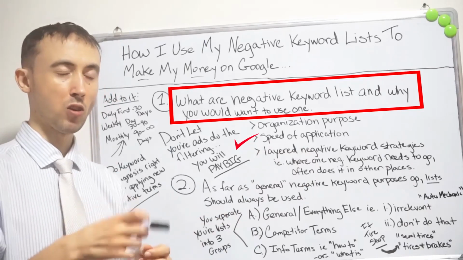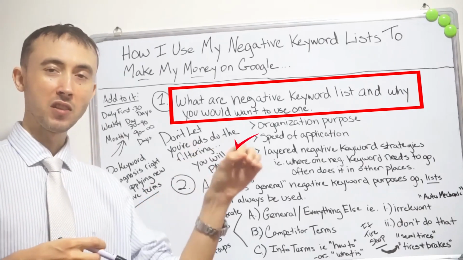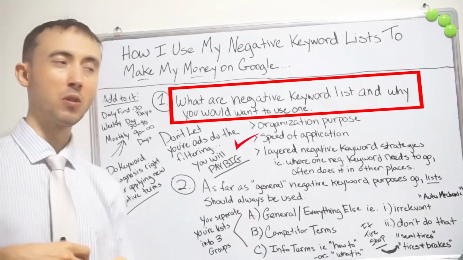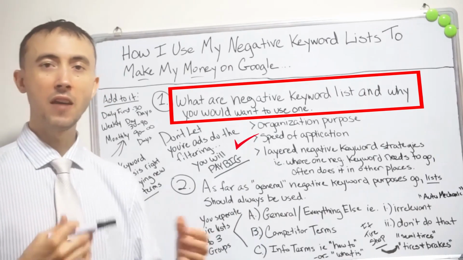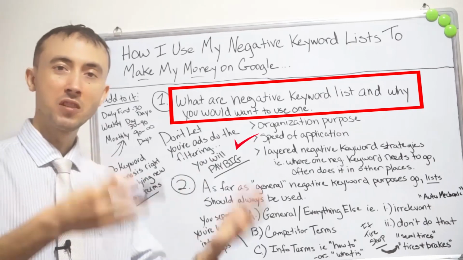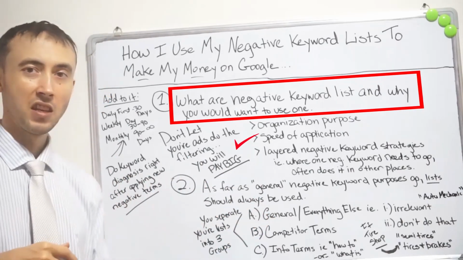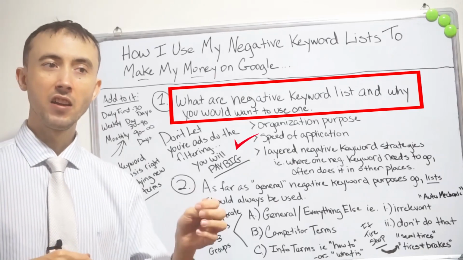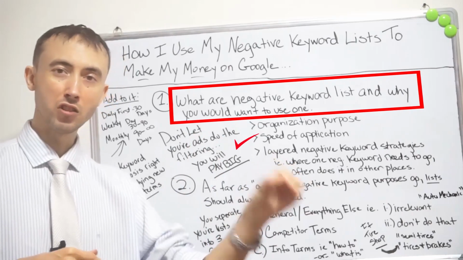Otherwise, they'll look at the search terms report, write it down, and then go into the negative keyword section of that campaign and add the negative keyword. One or the other. With that, though, comes a time where you become more advanced as a PPC person. You learn how to do these lists, and you realize that just adding a negative keyword, when you find a term that you don't want in your search terms report,